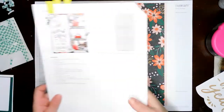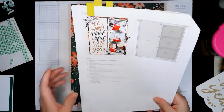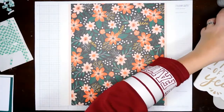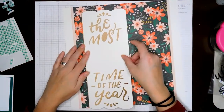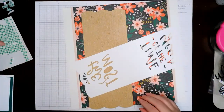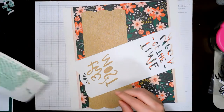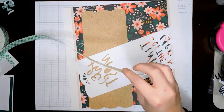So next step, attach the overlay die cut to craft die cut with 3D foam tape. So this is the craft die cut and this is the overlay die cut, and I'm assuming they will line up perfectly. Yes, they will. And it says to use craft foam tape. So okay, I'm going to go ahead and do, I don't know if this is going to work, but we shall try. I am going to use my trimmer